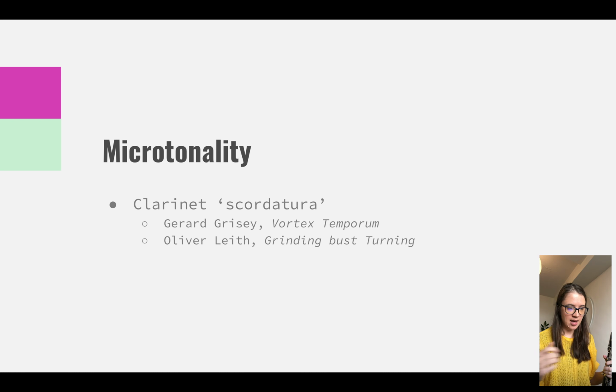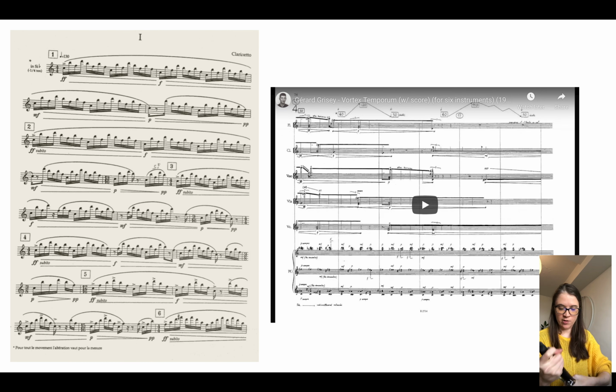Finally, the last thing for microtonality is to create a kind of clarinet scordatura. Grisey does this in his Vortex Temporum, which is such a great piece if you don't know it. All he does is he has the flute and the clarinet playing together, but he asks the clarinet player to pull out the barrel. You have to pull a lot of things out just to make space. And if I can do a kind of comparison,